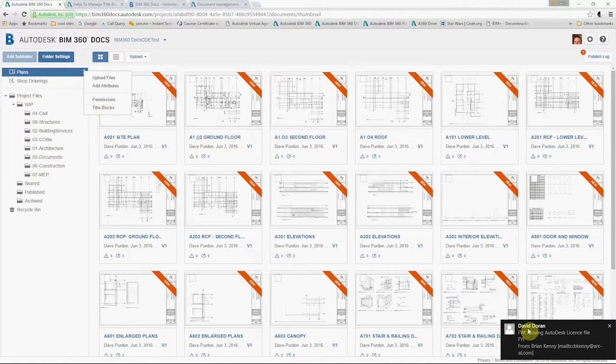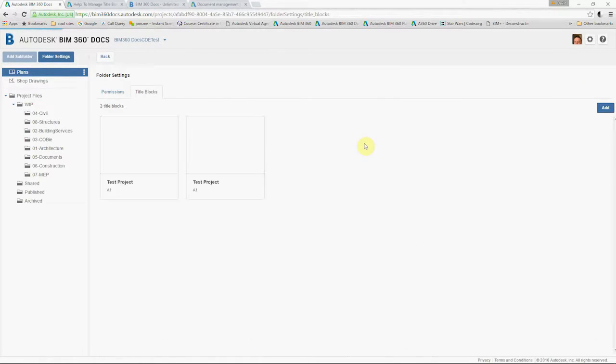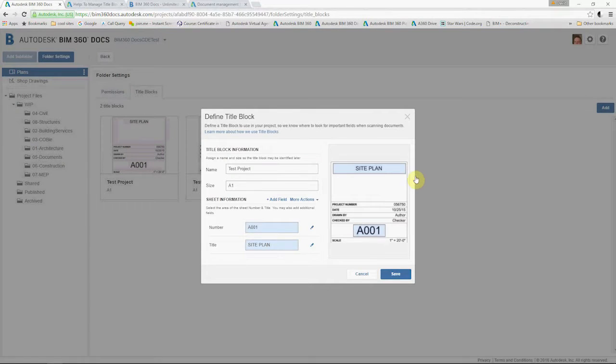In the plans, where we're looking at the documents at the moment, you have the ability to obviously upload the files, but you can also look at these things called title blocks. So let's say I have standard title blocks in my Revit files, which I've created DWF or multi-sheet DWFs or multi-sheet PDFs from. I can use the optical character recognition in BIM 360 Docs to extract fields for filtering these